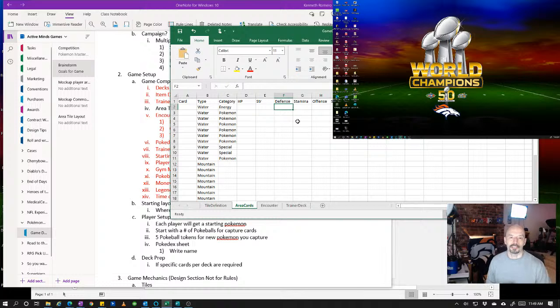So when you take damage, you can subtract your defense from whatever damage is dealt to you. It's not a huge thing, and none of these are supposed to be huge things. They're supposed to be boons that you can get by focusing. Each time you gain a level for your Pokemon, you might gain something. You might gain some stamina, some defense, some offense,